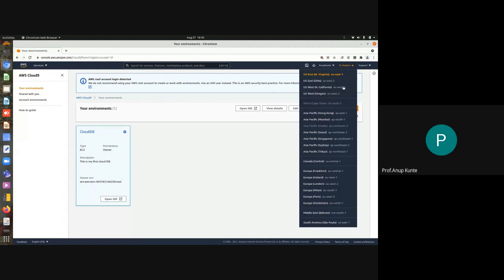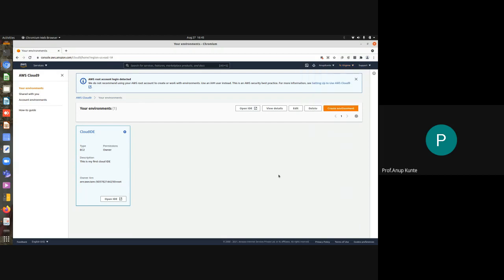So these are various locations, and you generally pick a location which is closer to your audience of that particular web service. The audience of your web service, your customers, you select the nearest location as the location. Okay, I have selected this region because the default location of this Cloud9 service is this, so the location is set to this.